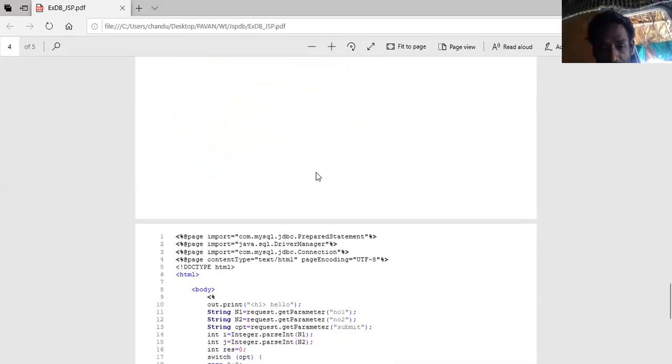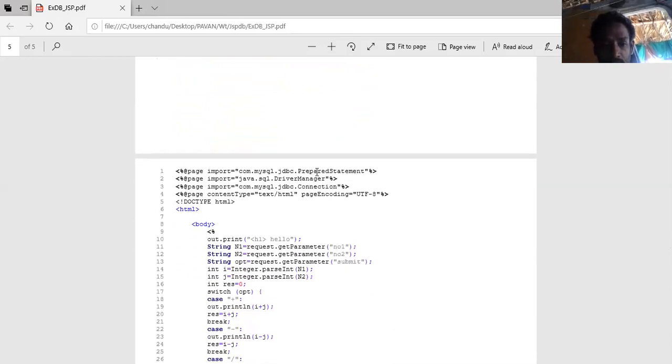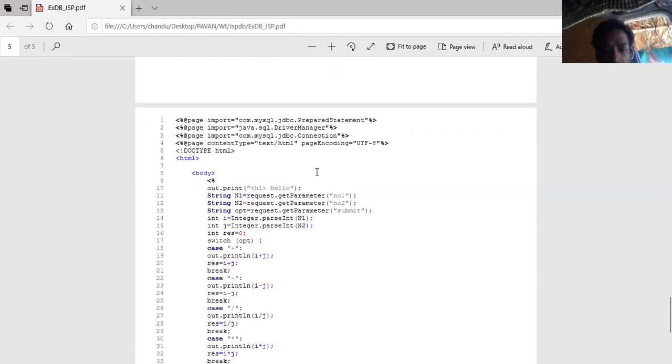Okay, now if you observe the screen, here again, I'm repeating: import the required packages, get the values, request.getParameter number 1, request.getParameter number 2, and so on. After this, Integer.parseInt(number 1).